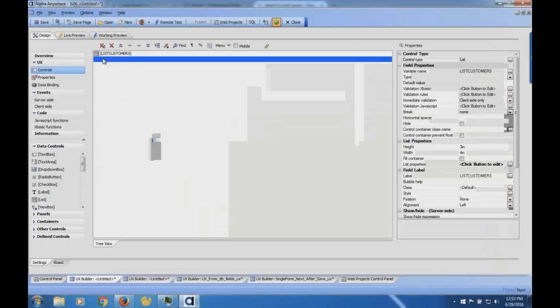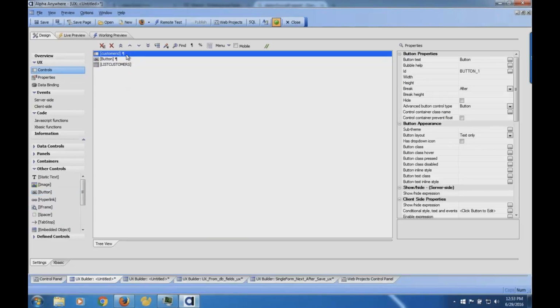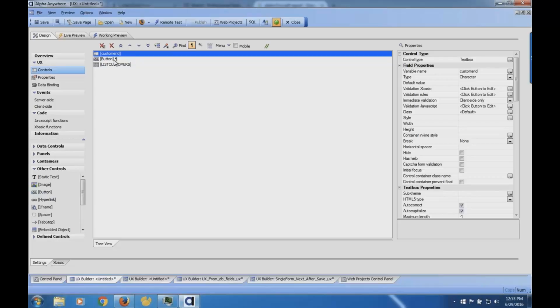Okay. So this list of customers right now, because of time, this could be loaded with a client-side cache. There's something called a client-side cache where I could pull list customers and put them in there so they're available. But I'm going to make it simple for our purposes here and just assume the person's going to type in the customer ID to do a filter or search of the list of customers. Now I'm going to add a button here. So I've got a customer ID and a button.